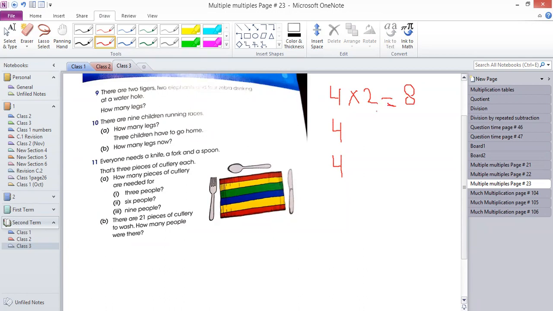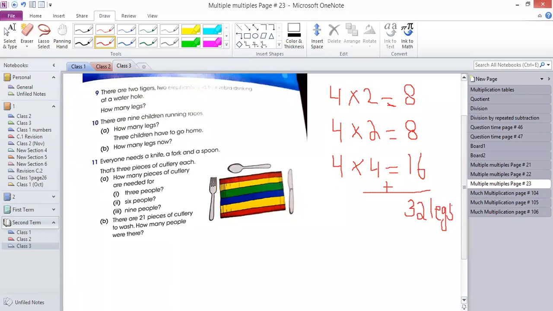And elephants are also 2. So 4 multiplied by 2 equals 8. There will be total 8 legs for 2 elephants. And zebras are 4. So for zebras' legs, you will multiply 4 by 4, which equals 16. Once you add all these legs, 16 plus 8, 24, 24 plus 8, 32. So you will find out that there will be total 32 legs. How many total legs are there? There are total 32 legs. This was question number 9.